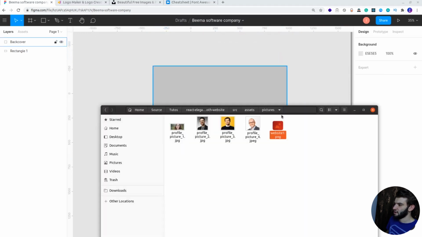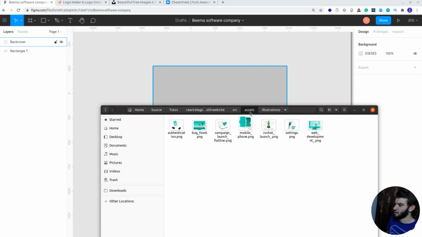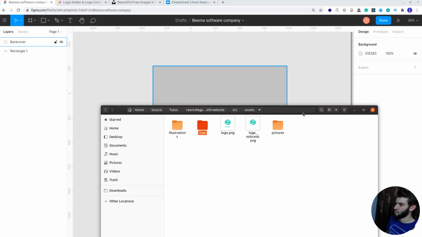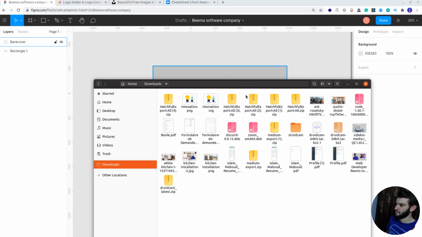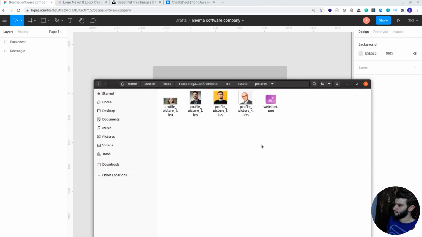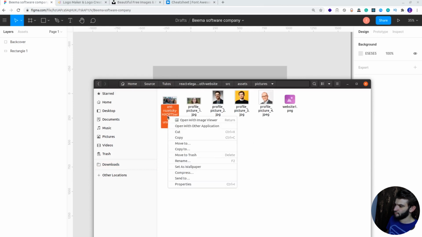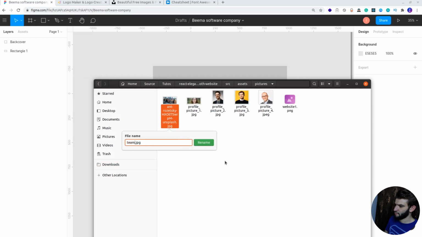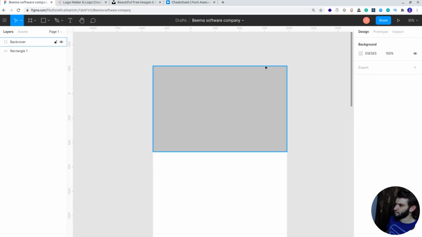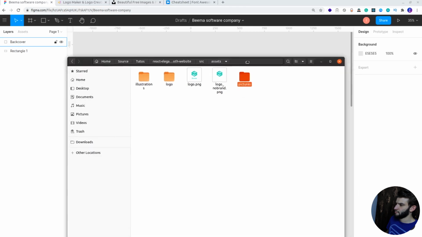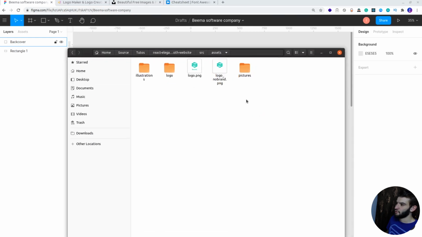Alright, it's actually not, and I totally forgot what I've put it. Perhaps illustrations, not. Logo, clearly not. So all my assets are in this folder, from logo to illustrations and different pictures,